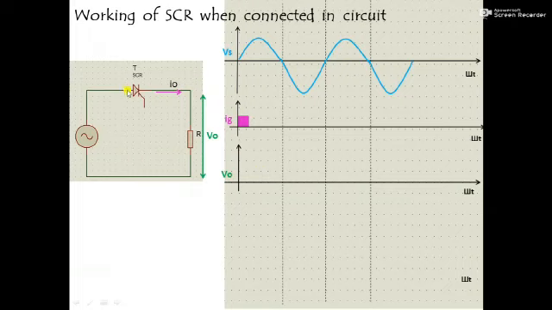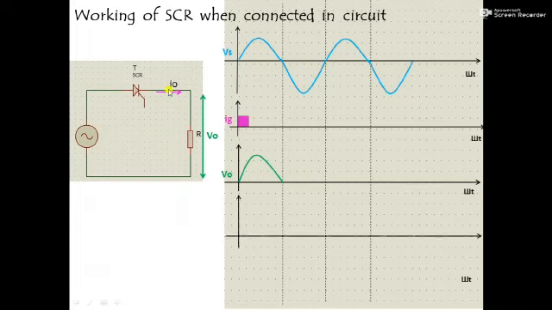Now you see there is a short here at the thyristor. V0 is appearing here. So V0 will be equal to whatever is the supply voltage applied. In this first time period, we are only studying about this first time period right now. During the first time period, V0 will be equal to positive half cycle of supply voltage, that is Vs. So you get the positive half cycle of Vs here as V0. V0 is equal to Vs.